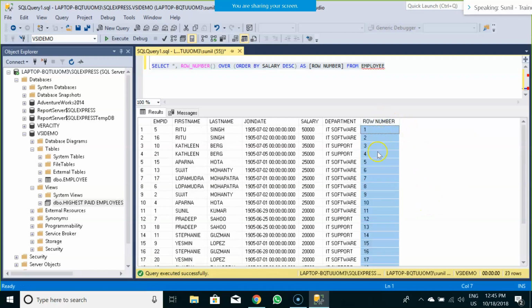Now this row number is something temporary in nature. Now why would you use this kind of sequencing in SQL Server? Any thoughts why we would be needing this row number function in SQL? Anything you could relate?